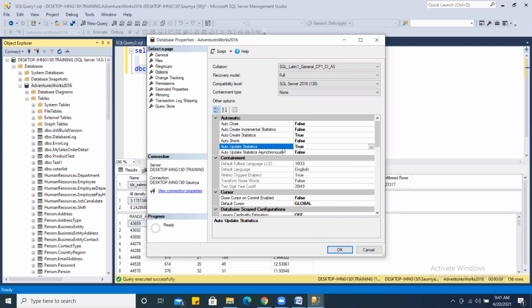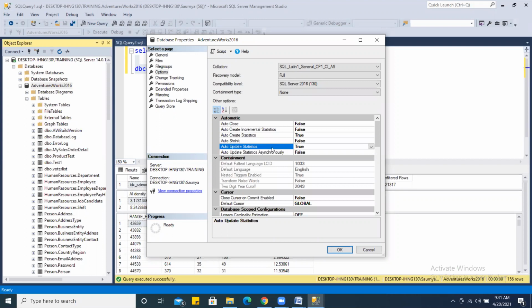For example, if someone is executing a query and meanwhile the statistics cross the boundary of more than 20% modification, that query will not be compiled. Its plan will not be generated first. Rather, first statistics will be updated, and then the query plan will be generated.